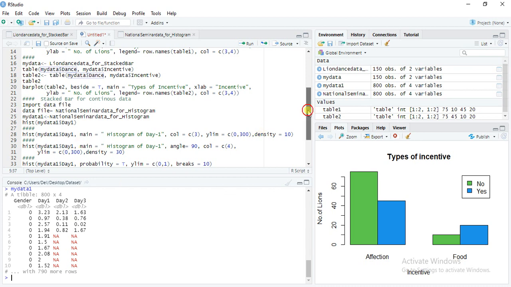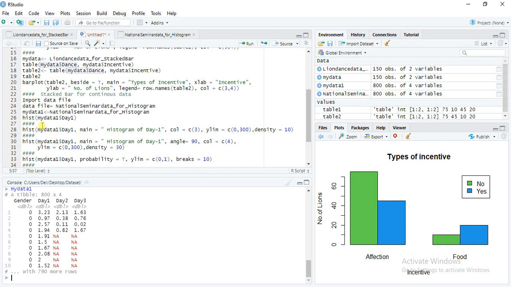Now we will make the histogram. There are 3 ways we can make the histogram. One is for day 1, day 2, and day 3. So I will write here hist. My function is hist and the argument within this is my data and dollar sign. There are three ways.